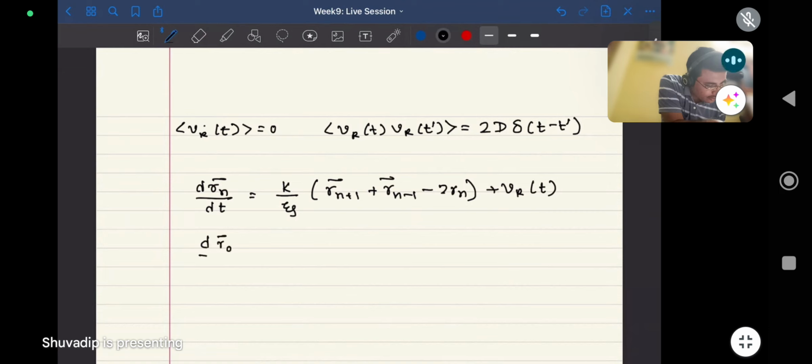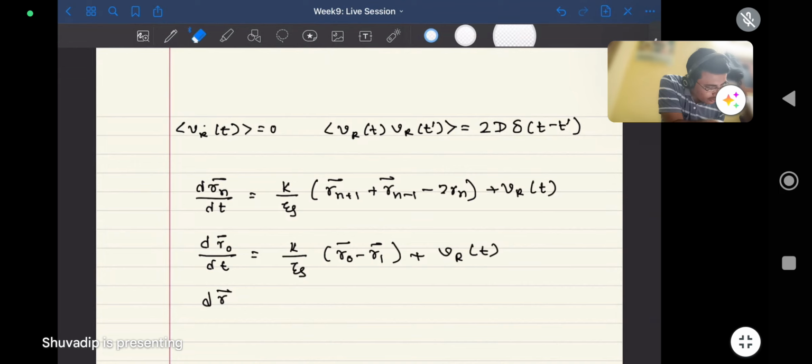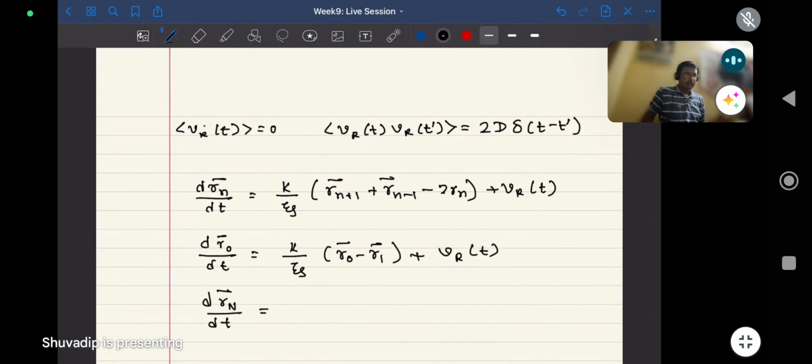Suppose dr_0/dt will have k by xi times (r_0 minus r_1), the thermal fluctuation term is the same, V of R, t. And for the last bead, capital N, thinking there are capital N total beads and N minus 1 springs,